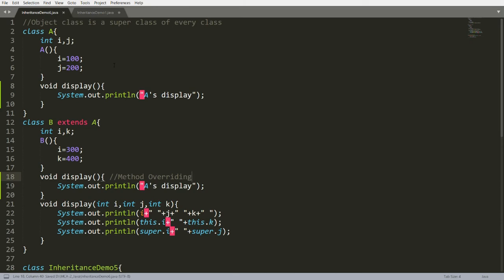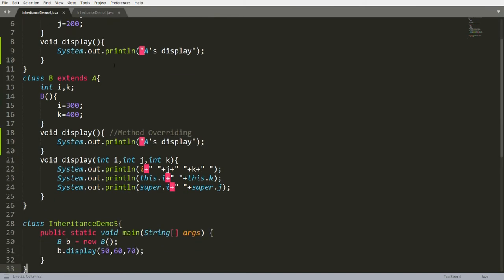Now, whenever you call the display function,